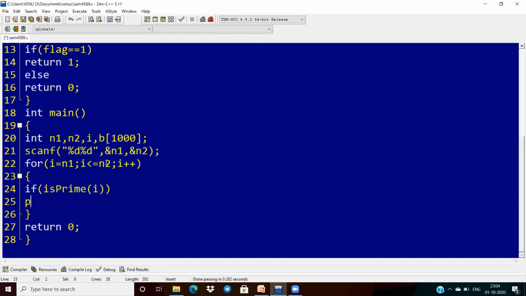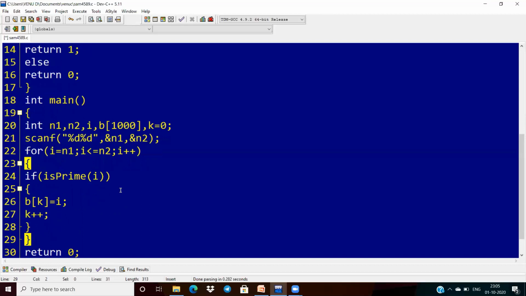I have to store all these prime numbers within this array and use some index k as 0, and just write b of k equal to i and increment the k value. I have to do this only if it is a prime number, so I'm taking one more extra braces here. So now b of k equal to i, k plus plus, then I'm closing this.